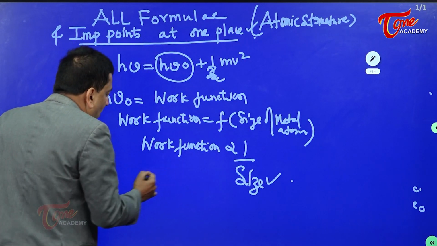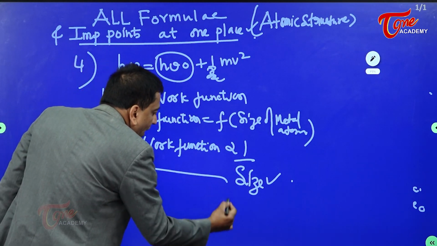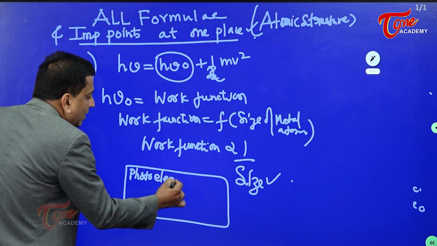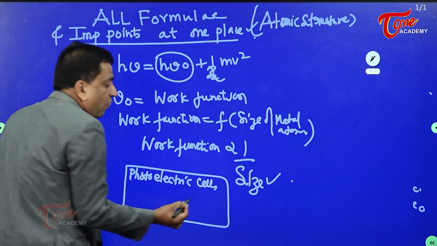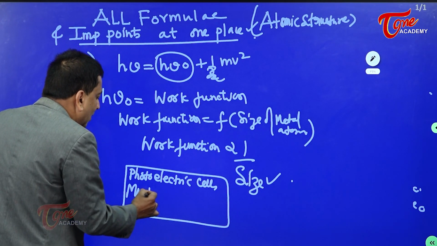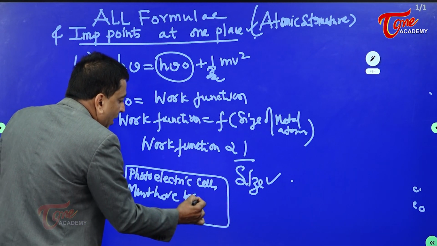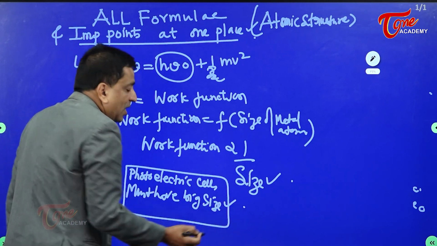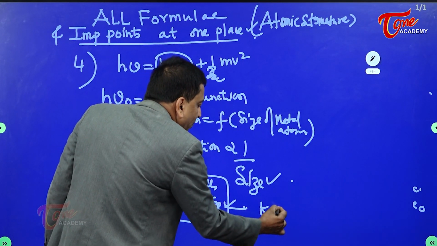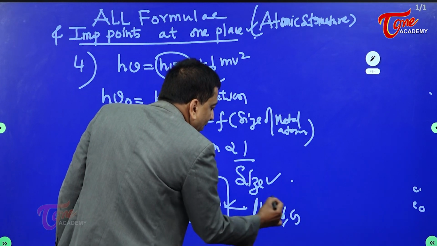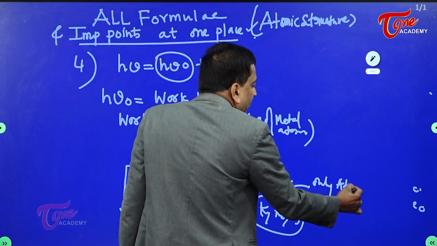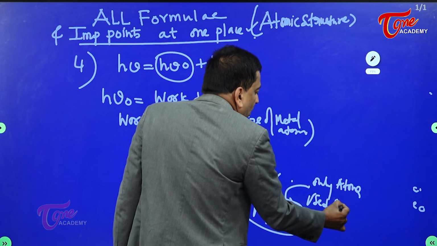So understand that the conducive thing is, the photoelectric cells must have big size. You must understand this. Must have big size. So that's why it is potassium, rubidium, and cesium. These are the only atoms used in the